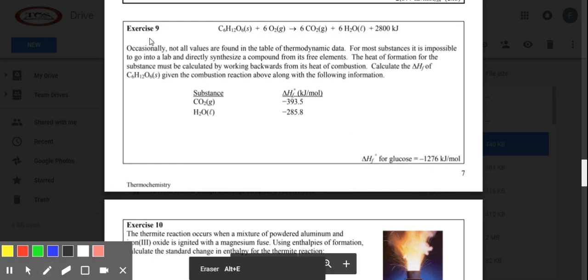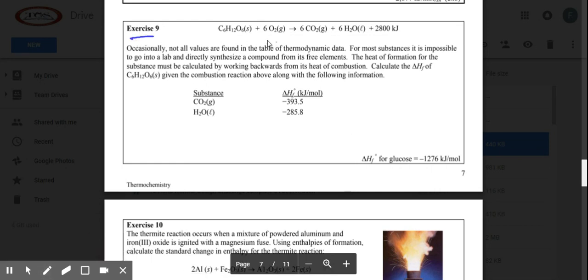So I'm going to take some time to do one more. This is exercise 9 that is on the bottom of page 7 in your notes. Notice here how I want to calculate the delta H of formation for glucose. So I'm given the overall delta H of the reaction. And for this particular problem, it's written in the reaction. Remember, whenever you have your energy written in the reaction and it's on the product side, that means that the reaction is exothermic. And since it's exothermic, this is actually going to be a negative 2,800 kilojoules per mole reaction